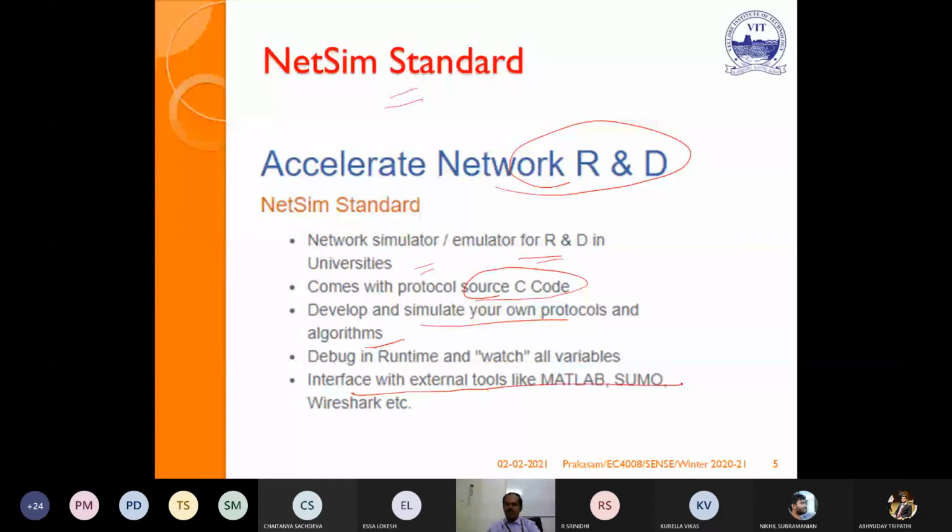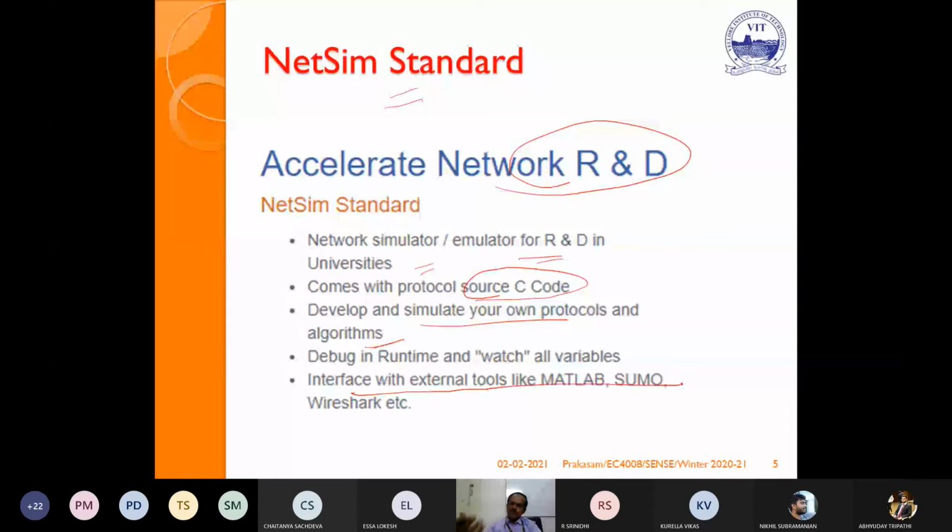Packets transmit from node 1 to node 2, so using this you can understand better. If you use this software, you can visualize the concept you are studying in a visual manner. That will give you a better understanding of the concept. So NetSim Academic also has inbuilt packet animations.